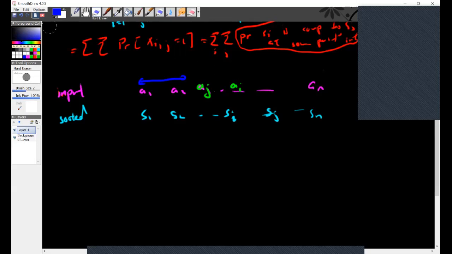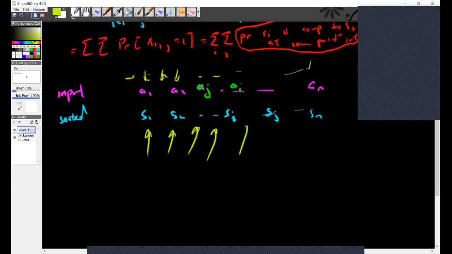Okay, it could randomly pick a pivot in the array, right? So in other words, any of these guys could be picked. This guy, this guy, this guy, and so on and so forth. Any of these could be picked, right? And randomly picking any of these as a pivot, first of all, is the same as randomly picking any of these as a pivot in the corresponding sorted array, right? Now I know that sounds a bit confusing, but what I'm trying to say is that when you randomly pick a pivot